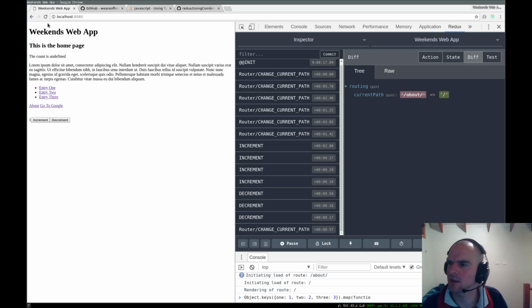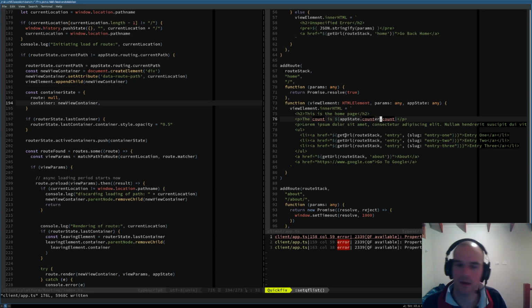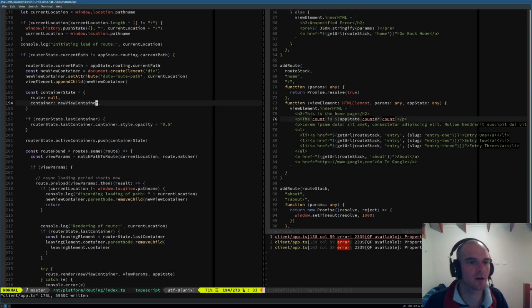So now with any luck, that should no longer be undefined. You can see that the count is 0. So what we now need is for every single time this happens, we need all of the active containers to get updated properly. And when we remove one of these elements, we need to remove that particular active container. And we will do that